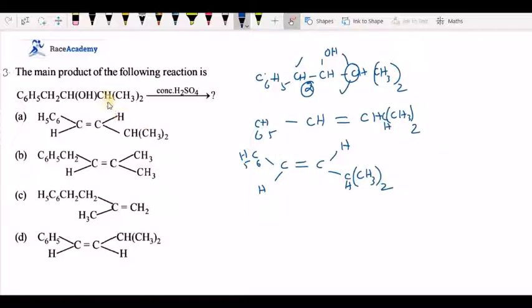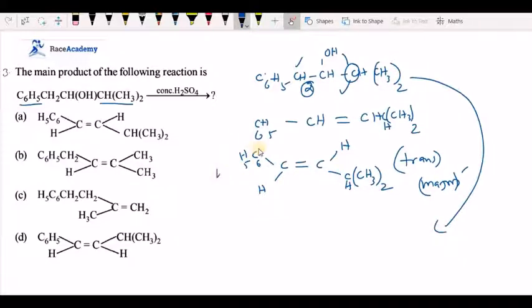I've taken this one as one group and this one as one group. So in this, what will happen? This can be called trans form. If you write cis also, the possibility is there. Usually trans is said to be the major product, the main product. But we have a doubt. That means this we can definitely accept, as this concept we call stereoselective.